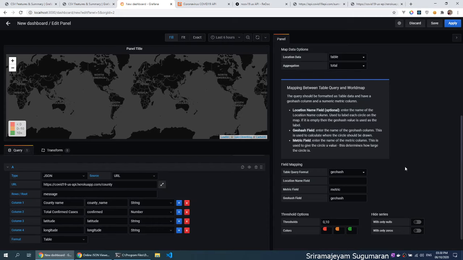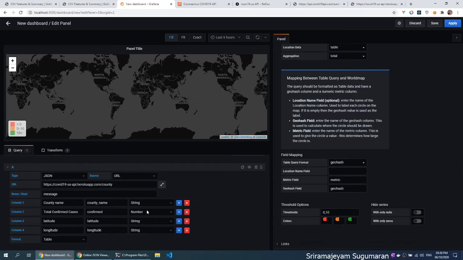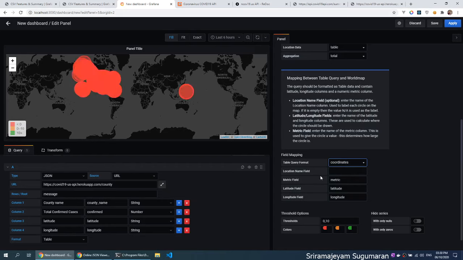Okay, it's not table. Yes, table format, because our data is in table format. We have coordinates, and our location name field is county name, and the metric field is total confirmed cases, and latitude longitude remains the same.